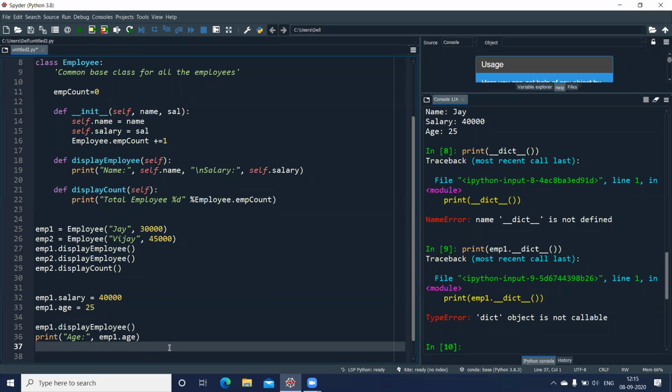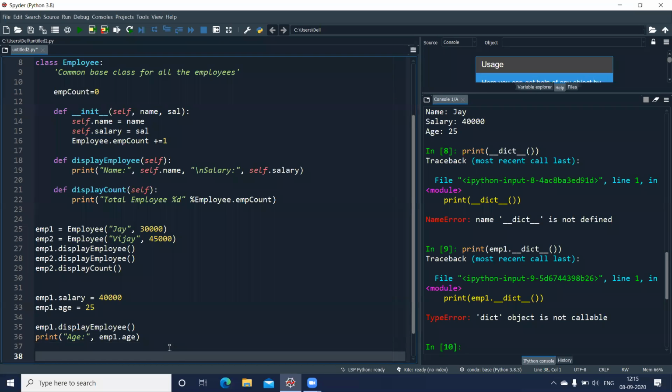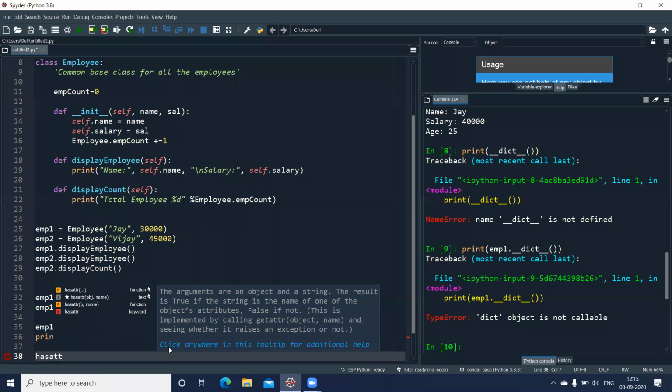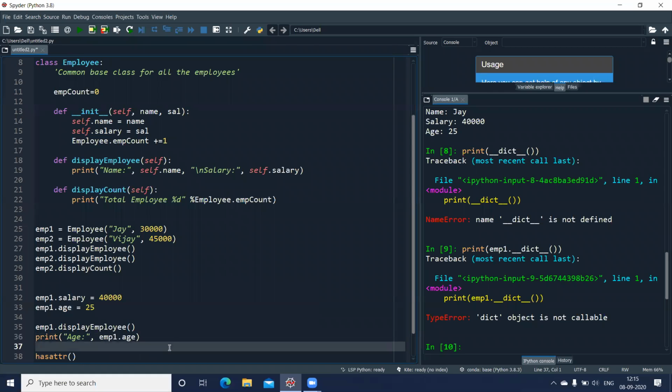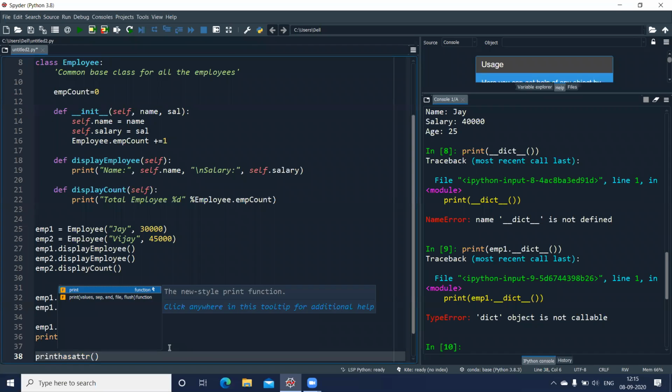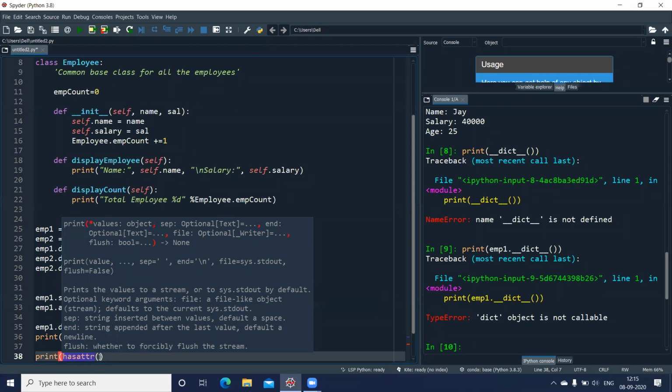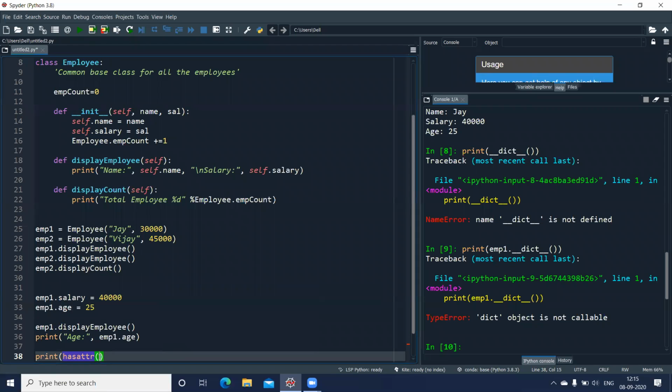Before that, let us see the attributes. If I want to display the attributes using different functions, there are some inbuilt functions like hasattr. This is one function which tells me whether I have the attribute specified in the parameter, so it will give me either true or false. Let me give a print hasattr and check whether I have the attribute in employee one.